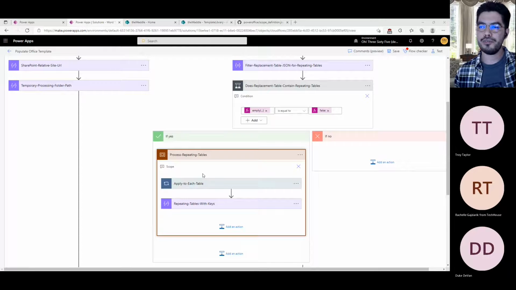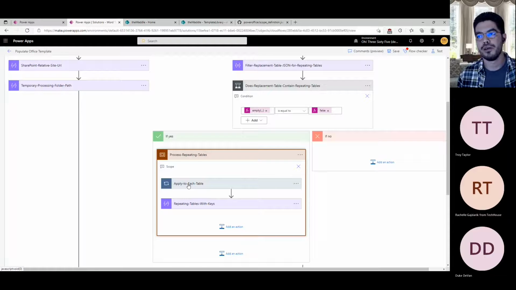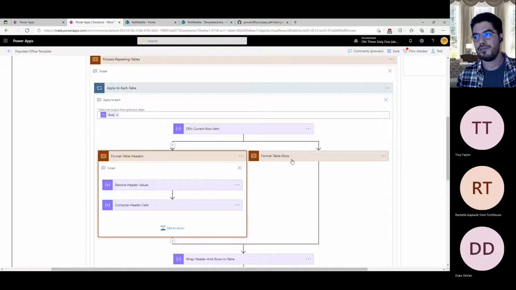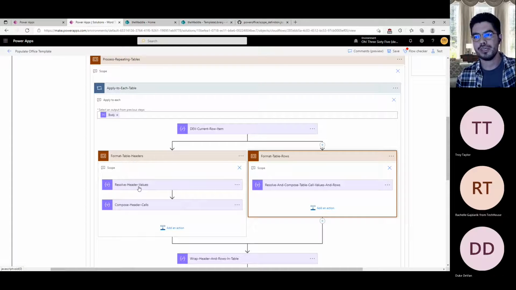But as I was mentioning, because of the way that those brackets are configured, we have to account for it when we do something like create a table. So this solution does support multiple tables inside of a single Word document. You can put more than one placeholder for a table and it will do it. But as a result, you can imagine we have to, one, loop on the table. And another thing I'll point out is I try to avoid loops as much as possible. But two, we then have to extract not just the replacement values, but also the header values, because you're giving it to us in the form of JSON,